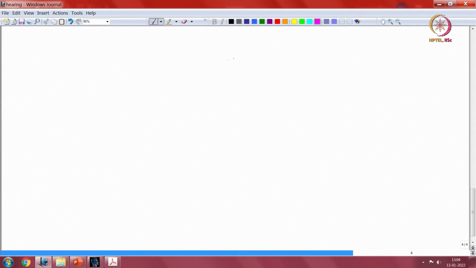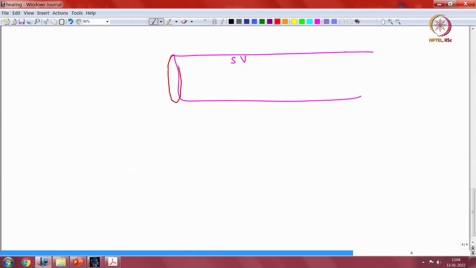So, now I can go to the box notation for the fluid dynamics. So, if we look at how things are, we have the Scala vestibuli, and then this is the round window, oval window. So, this thing continues up there,